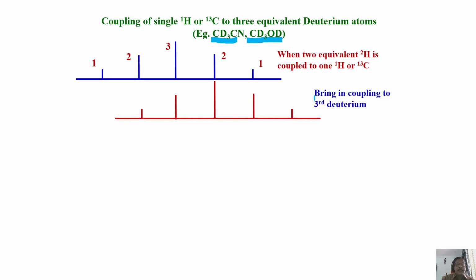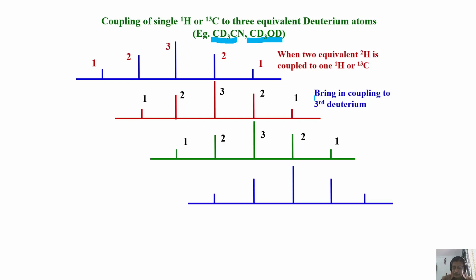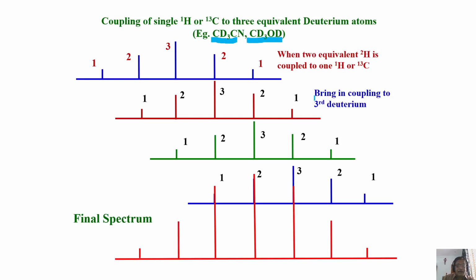You must understand each of these lines will be like this. Each of these will be split into three lines of equal intensity. Similar to this, we have three patterns. The final spectrum will be the overlap of all those, and it is 1, 3, 6, 7,